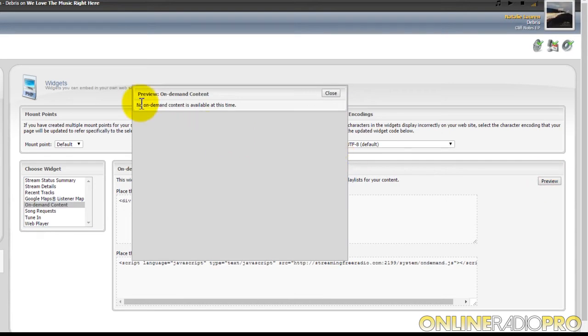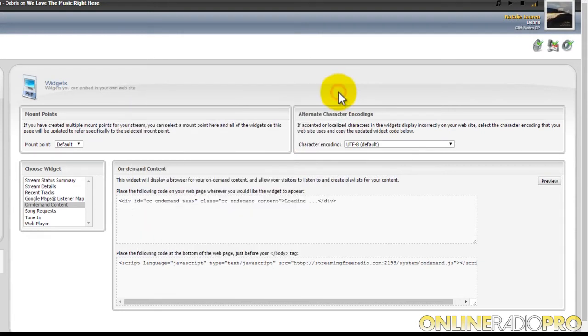Now we don't have anything in our library right now, so it's not going to show anything. Particularly if we have stuff in our library, it'll show all the files they can click on. It's basically giving your listener the opportunity to create their own playlist they can listen to from your server. It won't download the music onto their computer, but it'll download a file that will stream the signal of the songs that they selected, in the order they selected, right to their computer,